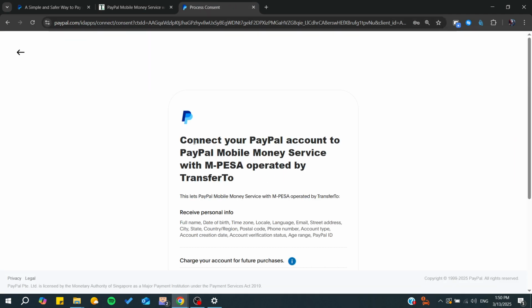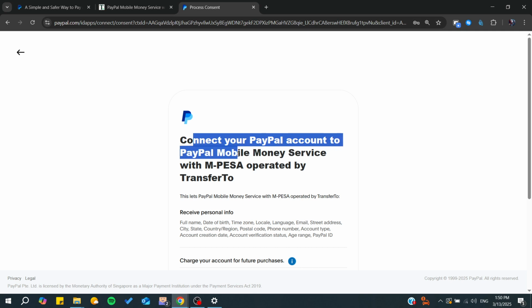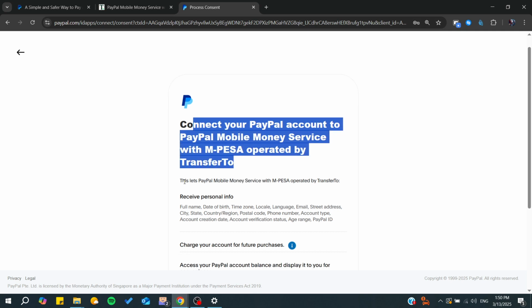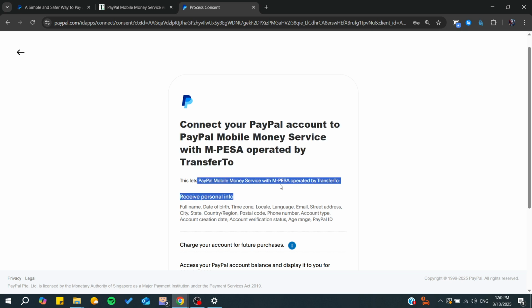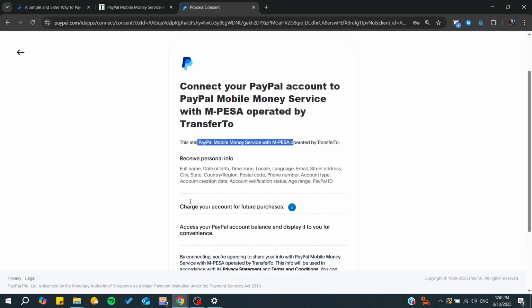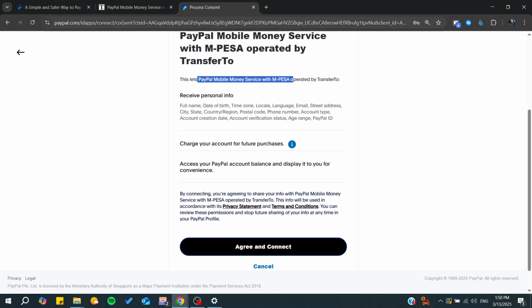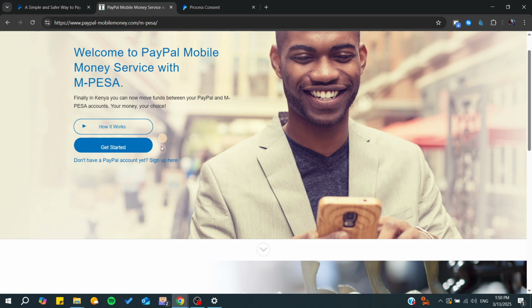And basically, you can connect your PayPal account to a money service with M-Pesa. And basically, to transfer this will allow this money service operated to transfer to your PayPal. And basically, either you can connect or you can simply go to